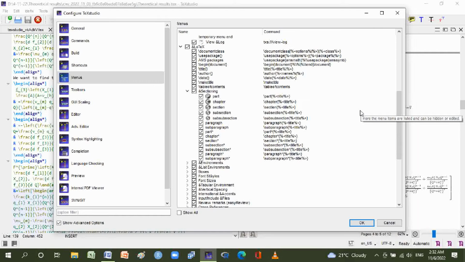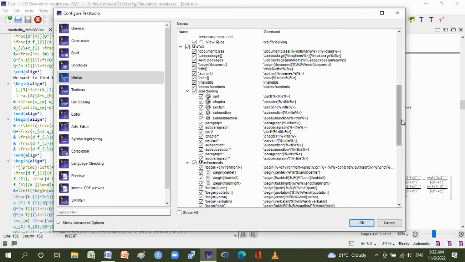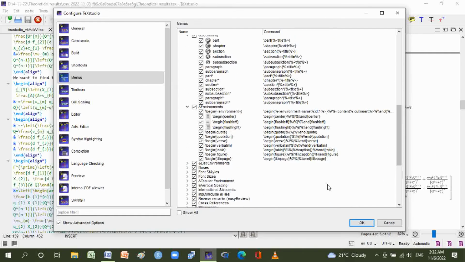Also in Environment we see that there are many environments here: begin environment, begin center, begin flushleft, begin flushright, begin quote, begin quotation, begin verse, begin verbatim, begin table, and begin figure, begin titlepage, and list environments are also